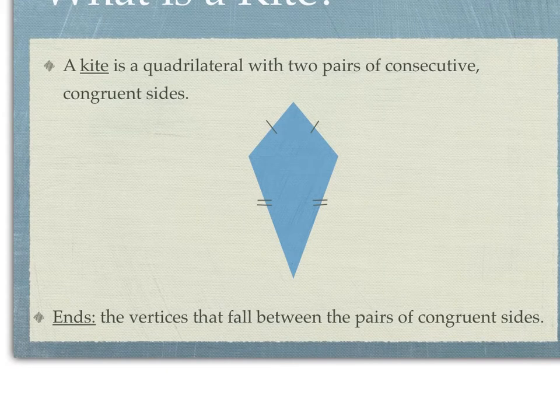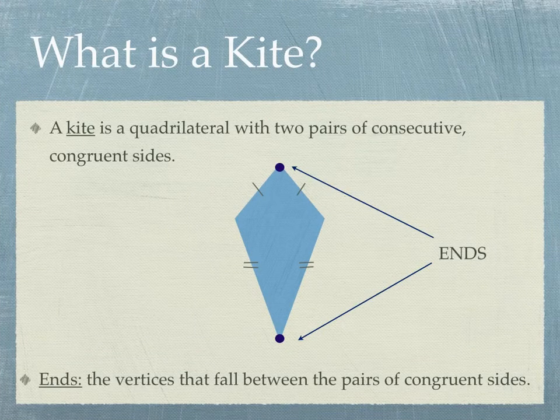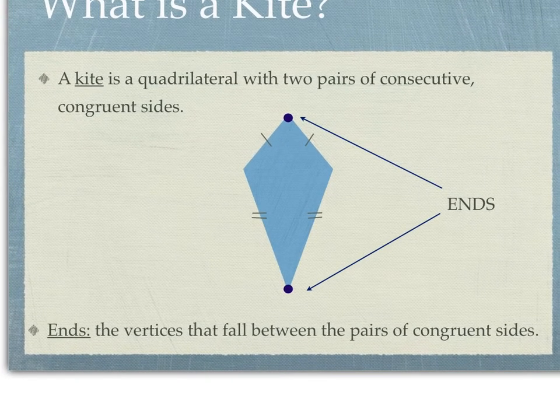The ends of the kite. When I'm talking about the ends of the kite, it's the vertices that fall between the congruent sides. So if these two sides are congruent, this would be considered an end of the kite. If these two are congruent, this would be considered an end. So in this figure, those two are the ends. And you want to kind of darken those in. The ends are important